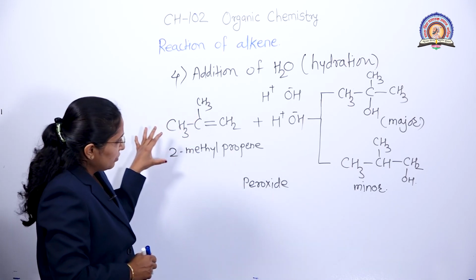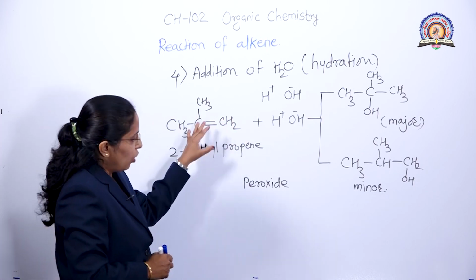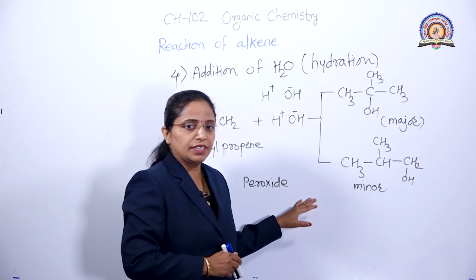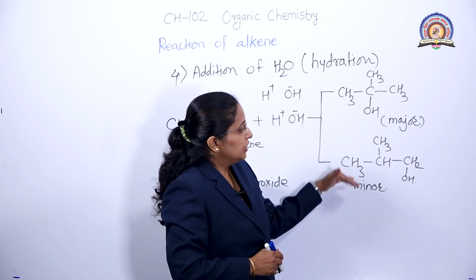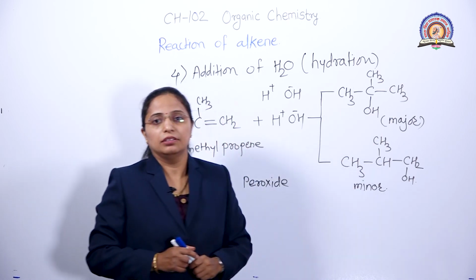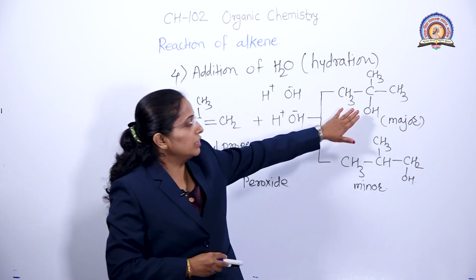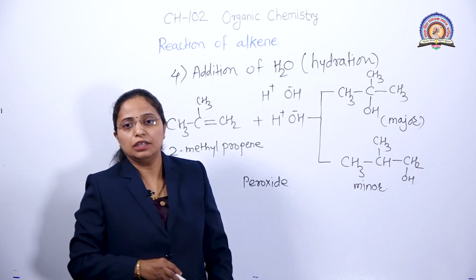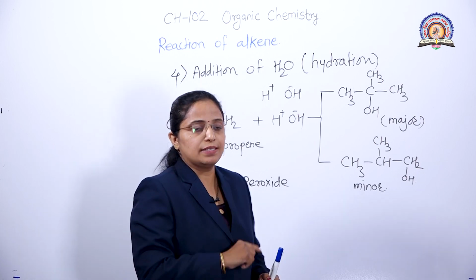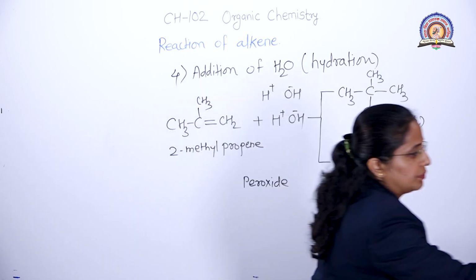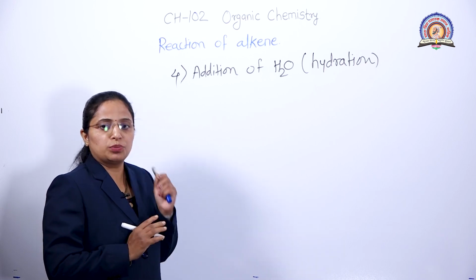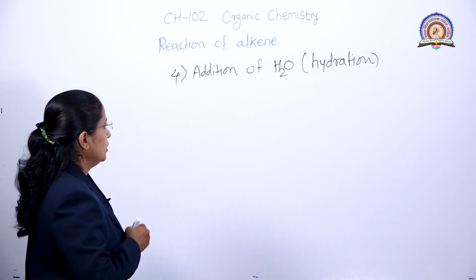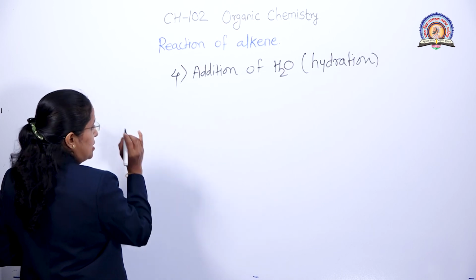So when the reaction occurs and the peroxide effect is present, at that time we swap the major and minor products. So this product is the minor one and this one is the major product. We will discuss one example and then stop here. We discuss both examples, according to Markovnikov's rule and the peroxide effect. So we take one unsymmetrical alkene.